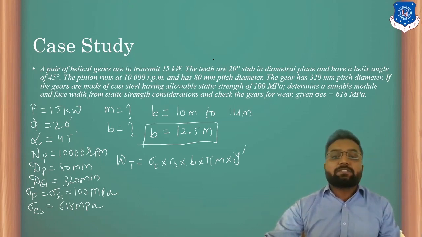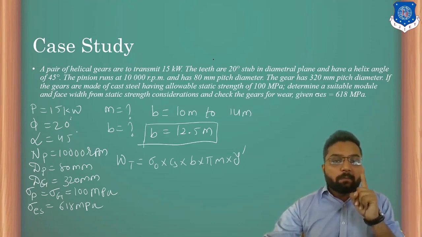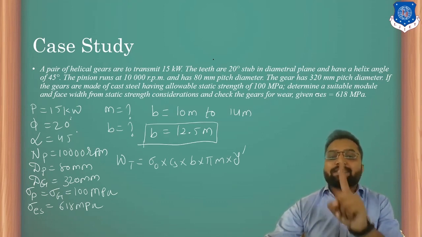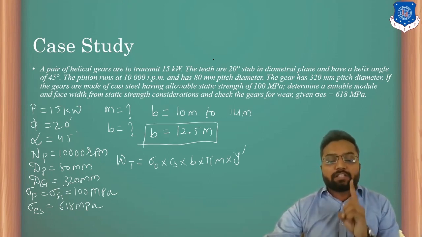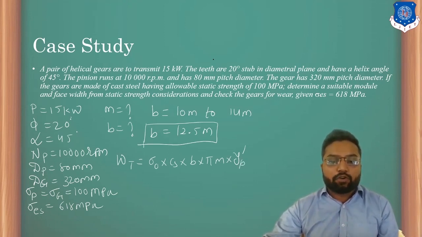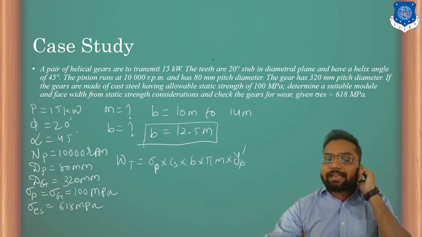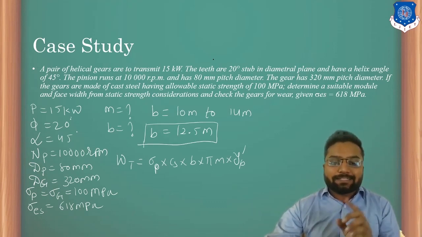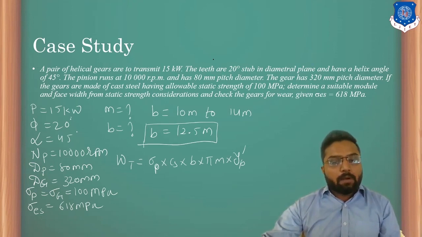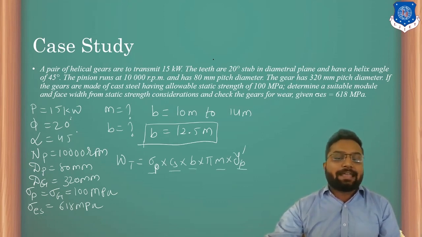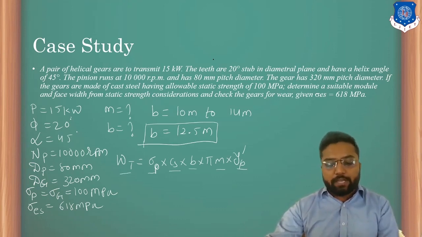So here let's establish one rule. When pinion and gear have the same material, then we are going to design for the pinion only. So it will always be yp dash and this will be sigma p. Clear? So in this case, when the material of pinion and gear is the same, we are going to design for the pinion only. Here we have sigma p. We can find CS depending on velocity. We have to find this V, M, and YP, which depends on TP, and WT. So first of all, let's find WT.